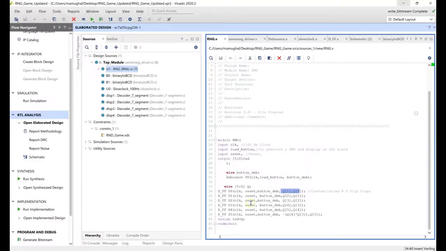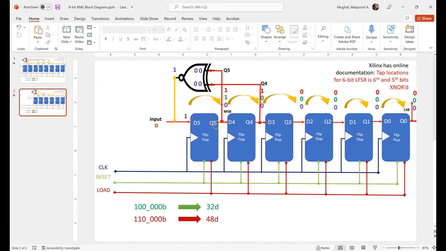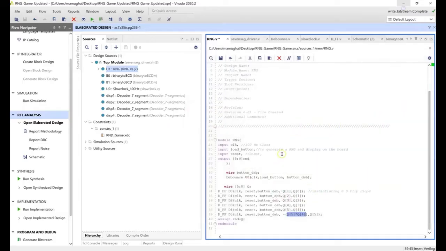So if you look at D5, you've got a clock, reset, the load button, and then Q5 and Q4. Actually, this is going to be Q5 and Q4 exclusive NORed. Yes, you can assign an expression like that. So Q5, Q4 exclusive NORed, comma, output, which is Q5 here, and then follow it